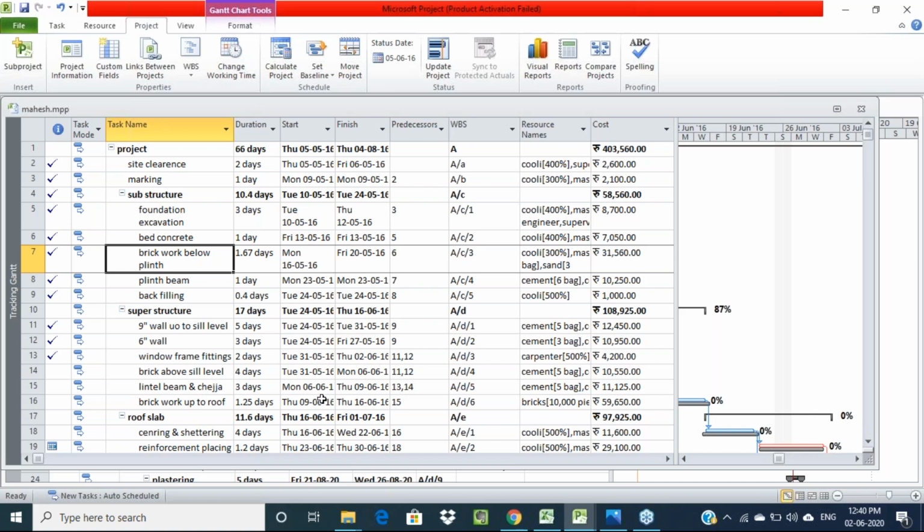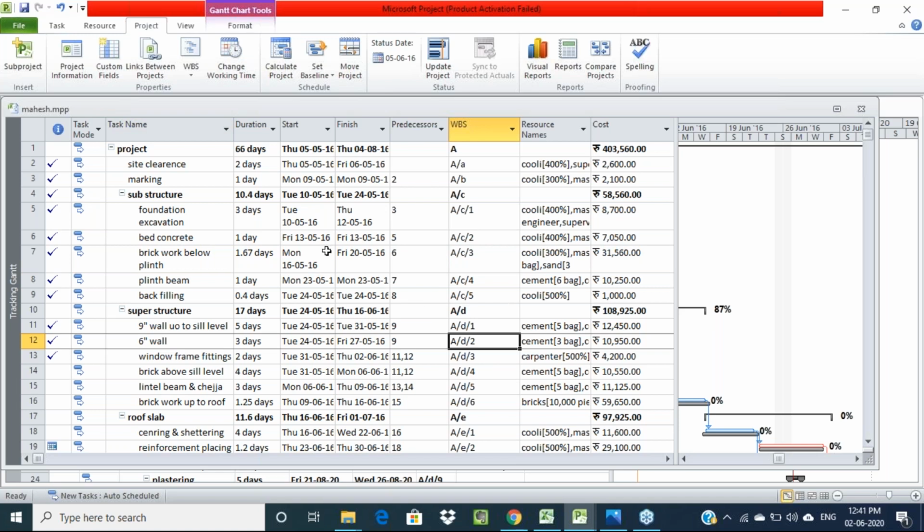Show me the Gantt chart. Likewise they'll ask, and along with that, create a resource sheet. Assign the resources to a particular number of activities. Likewise they're going to ask, and along with that, create a network diagram or show the critical path. Whatever we have discussed, some steps, right? In that, any one or two activities they will ask in the exam. Doing the entire procedure you require minimum 3 hours. That's why for this MSP you have half an hour time. So that's why they will ask any one content or any one topic of this MSP. Generally they will ask in the exam, right?